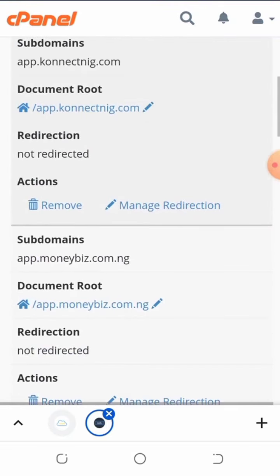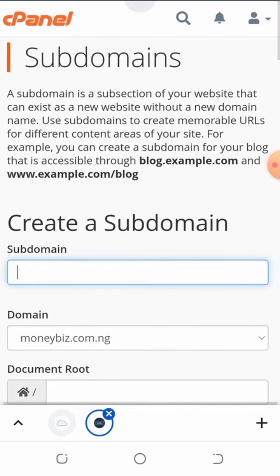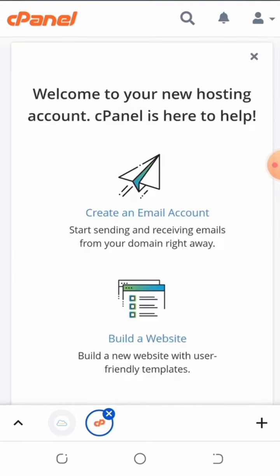So now that I have successfully done that, as you can see, a subdomain is a subsection of your website. But you don't need to create a subdomain. Let me just come back to my cPanel. To come back to cPanel, just click on the cPanel up there. But what I'm going to do now is, after you click on the link below,